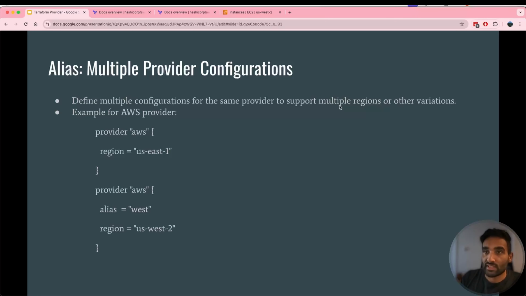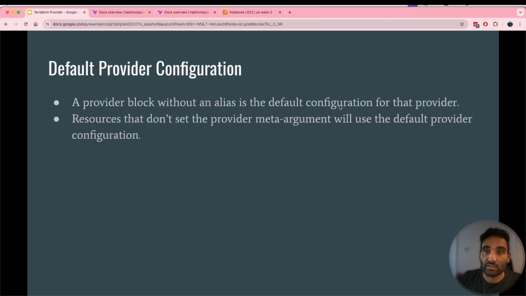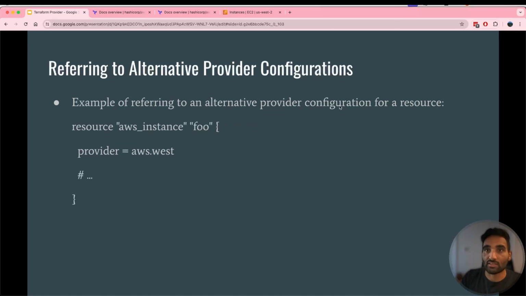Okay, so that's what we're seeing here. When it comes to the default provider, as I was saying, the provider block without an alias defined in it is considered the default configuration for that provider. Resources that do not set the provider meta-argument will use the provider's default configuration. Whenever you're referring to a different configuration, as we just saw, you specify the resource and then declare this provider meta-argument, and then you refer to what provider you want to use and